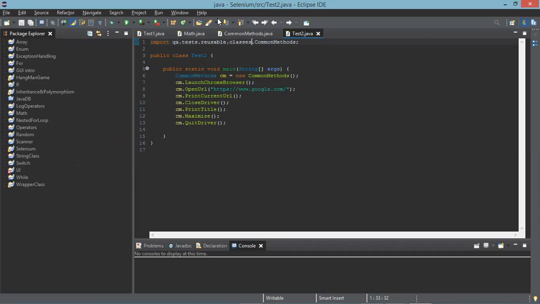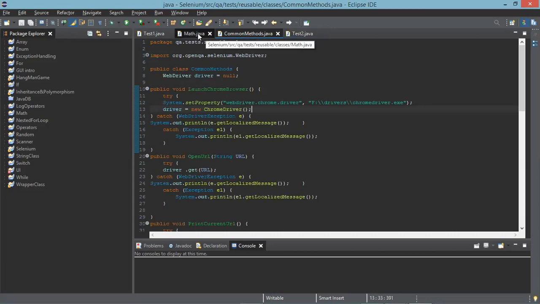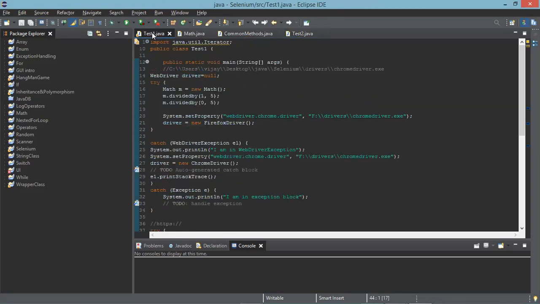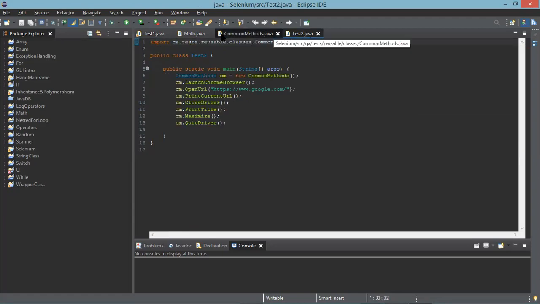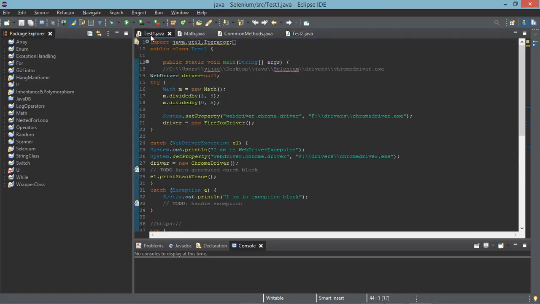I'm asking about TestNG because you need to organize these things. As of now, you have two classes here in your Selenium project, right? Test 1 and test 2. These are the two classes that you have. How do you execute them simultaneously with a single click? What you are doing so far is going to the particular program, opening it and running it. But the actual work of automation should be with a single click.